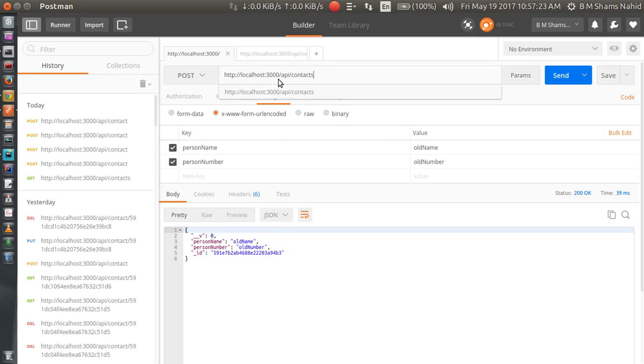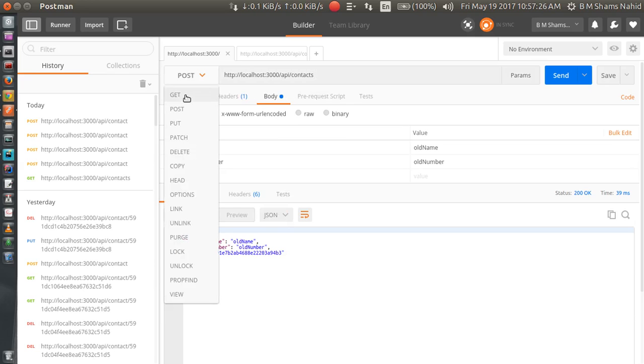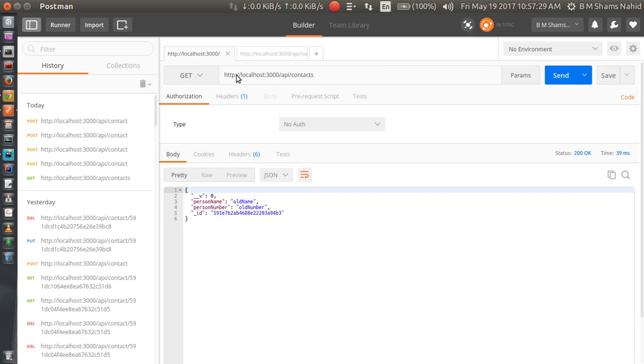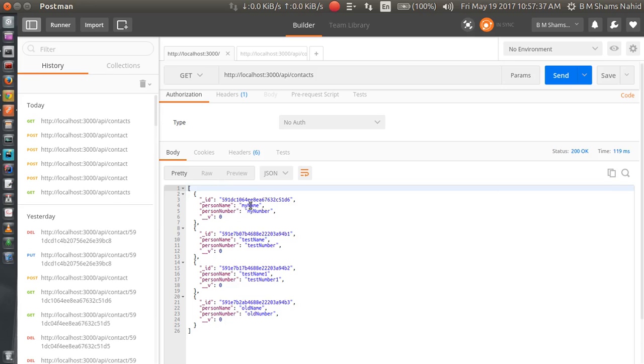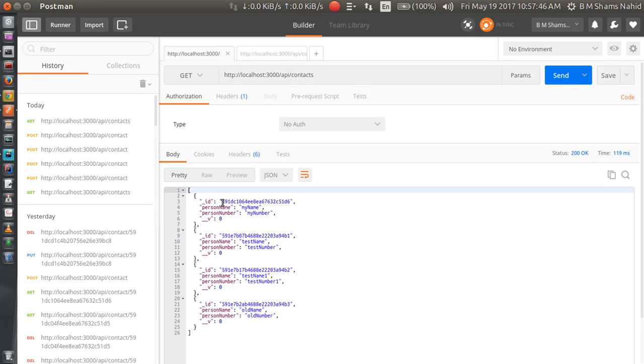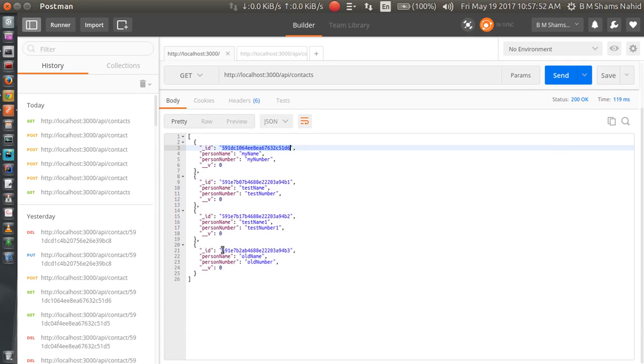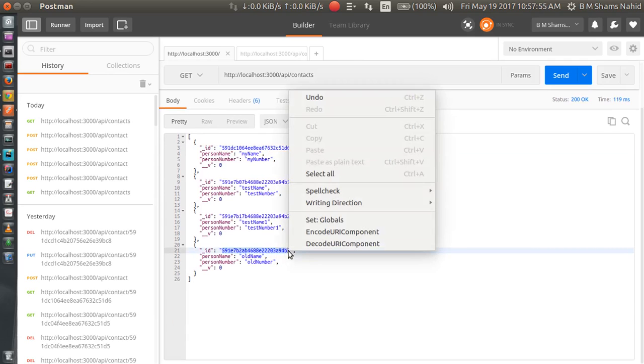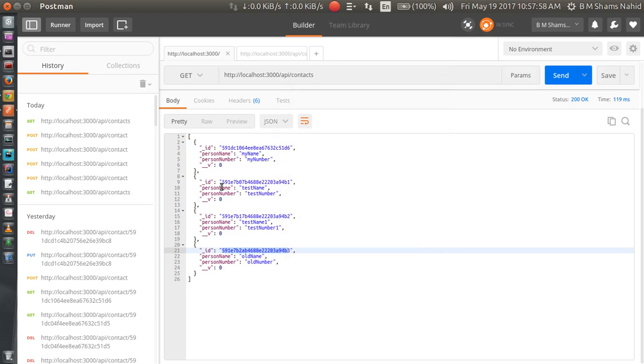You know how we made a GET request to get all the contacts. So check the address, localhost 3000 API contacts. Okay, see my name, my number, test number 1, test number, old number. Now we see when we use mongoose, we automatically create a unique ID. So we want to get the old name and old number. I think just Ctrl C is enough to copy this ID. I copy the ID, and